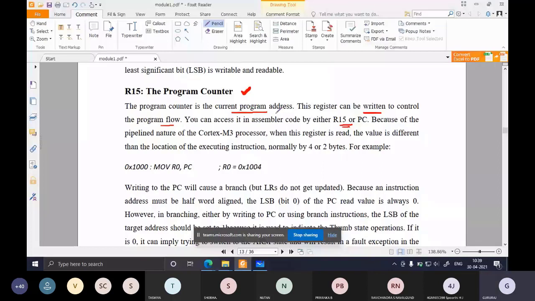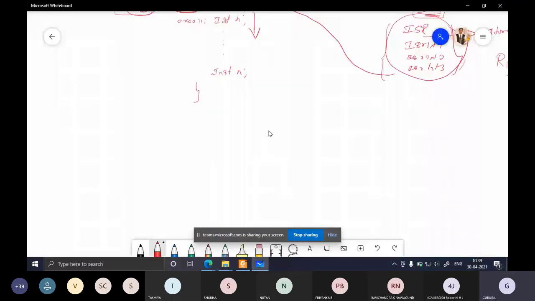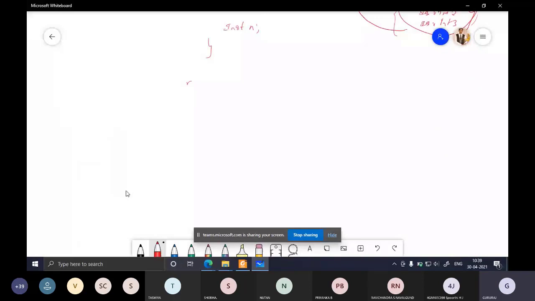So what do you mean by that? This register, that is PC, can be written in order to control the program flow. Let me give one more example. Main: instruction 1, instruction 2, instruction 3, instruction 4, instruction 5, instruction 6, let's say.